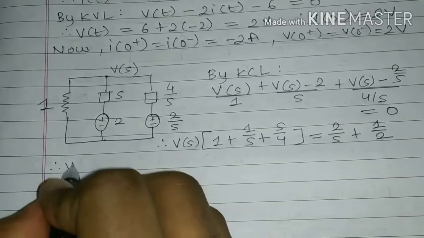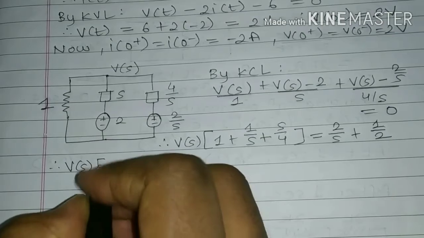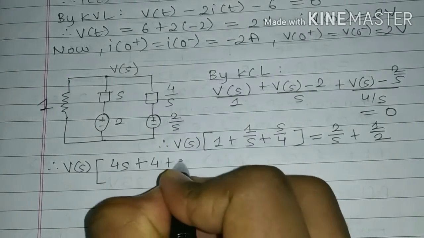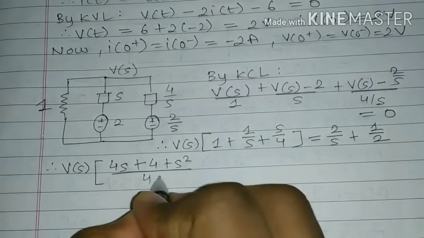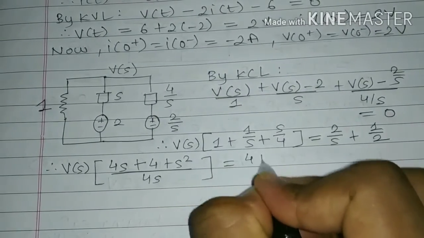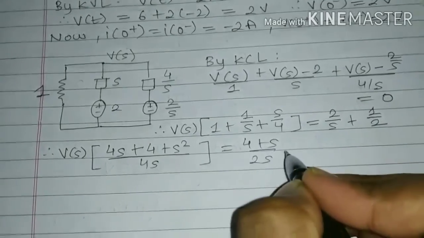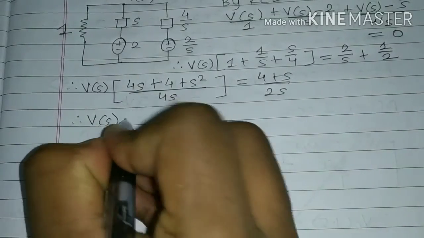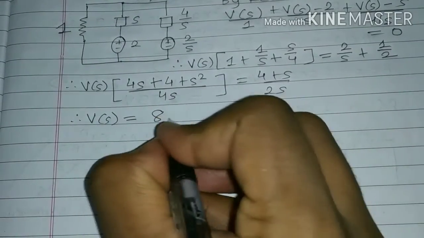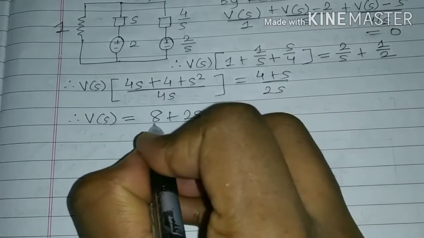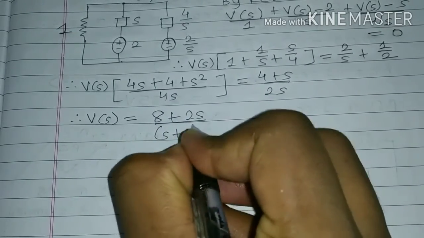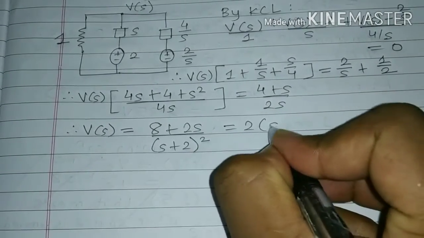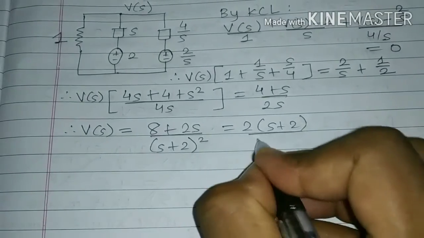Therefore V of S into 4S plus 4 plus S square divided by 4S is equal to 4 plus S upon 2S. Therefore V of S is equal to 8 plus 2S divided by S plus 2 the whole square, which is equal to 2 into S plus 2 upon S plus 2 the whole square